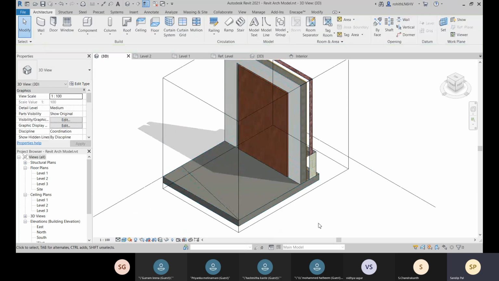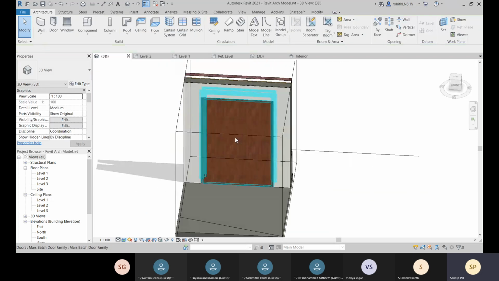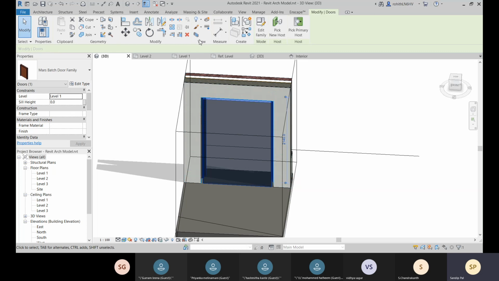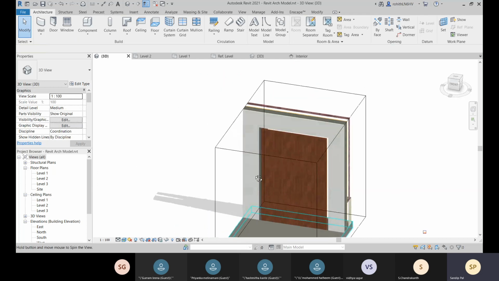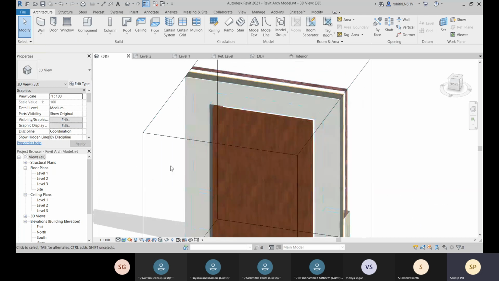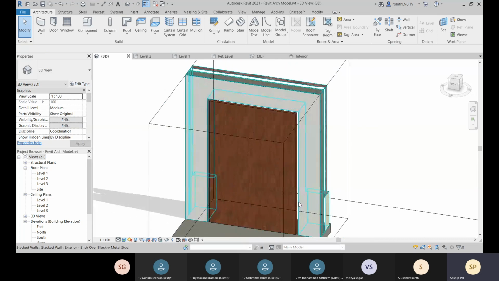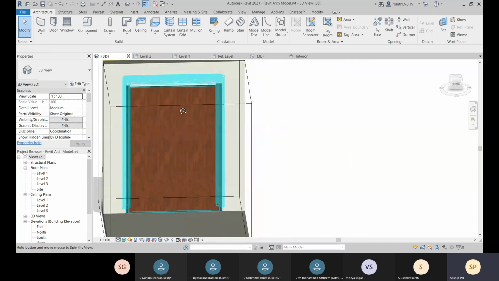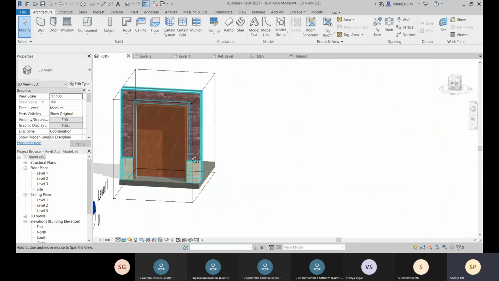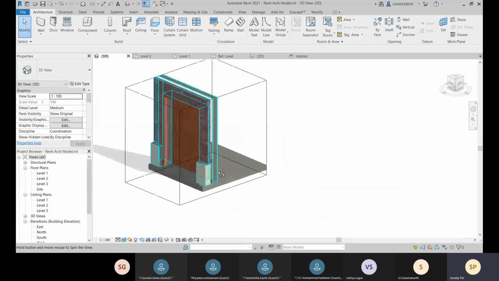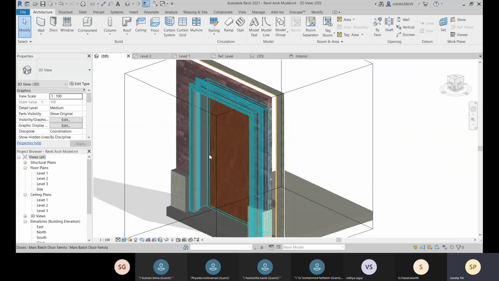And let me just come to this, and here you can see this is your door. So this is your box view. This BX is the shortcut. When you select that and you go for the BX, or this is the symbol for your box view, and you have this. Okay, so this is the door family you have created.